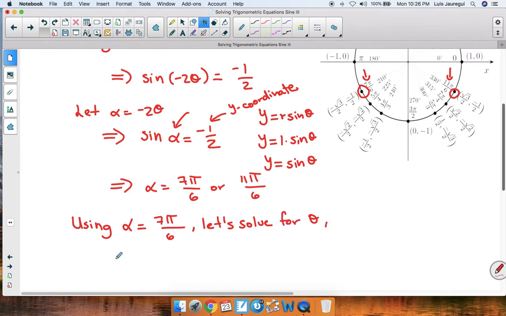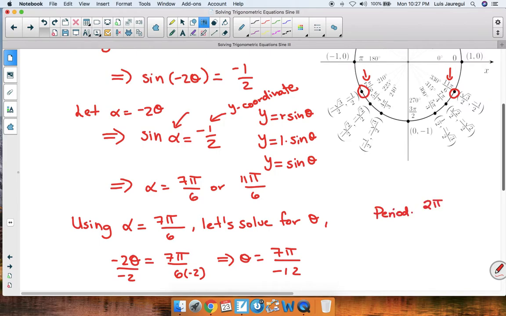So we have -2 times theta is equal to 7 pi over 6. Now, dividing by -2 on both sides, we get that theta is equal to 7 pi over -12. However, since this is not an angle in our given constraints of 0 to 2 pi, what we need to do is use the fact that the period of this function, sine of -2 theta, is equal to 2